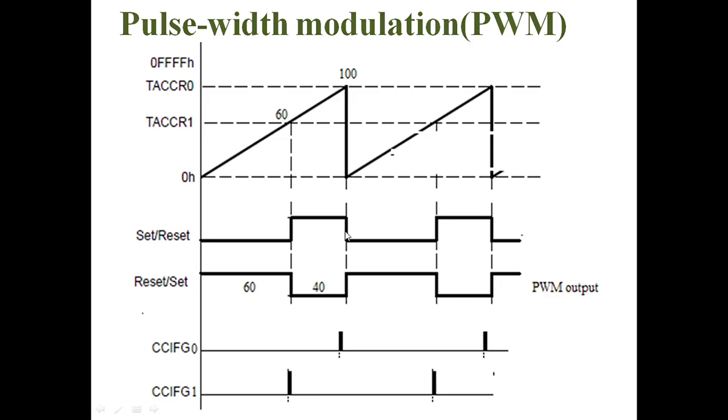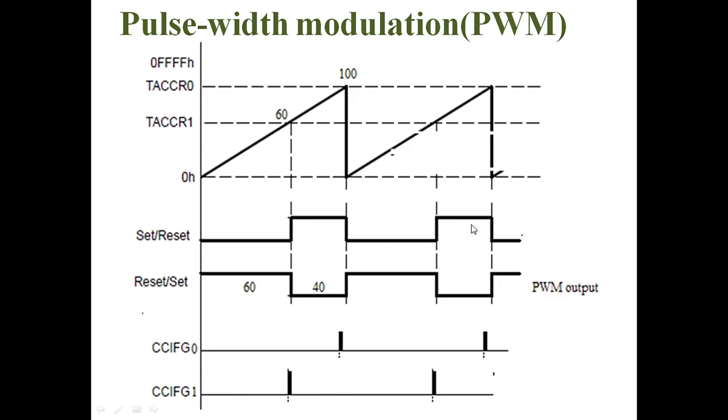Coming to MSP430, here the width of the pulse is set in the Timer A capture or compare register 0, and initially the Timer A register value is 0. Each time the Timer A register captures the value and compares it. Whenever it reaches the maximum value, it generates the Timer A interrupt flag, and again it falls down to 0. Again it is incremented gradually by capturing the current time.